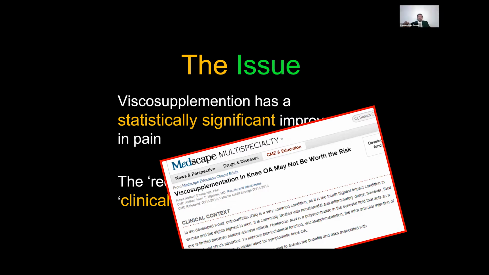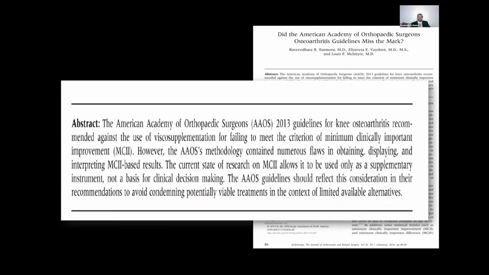Yeah, MCID is a very important concept, and definitely it's not just a statistically significant effect. The clinically important effect is what the patient really feels, and that's what the patient expects. That's very important. But this minimally clinically important difference, as you can see, we wrote an editorial on it. The concept is that it's anchor based. So what are you basing your anchor on?